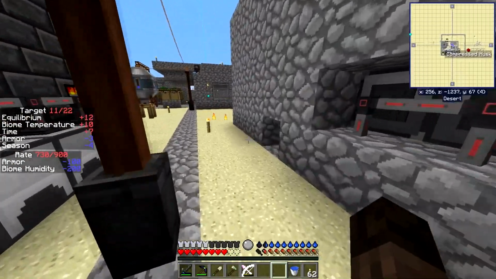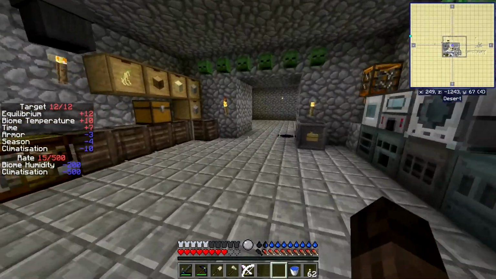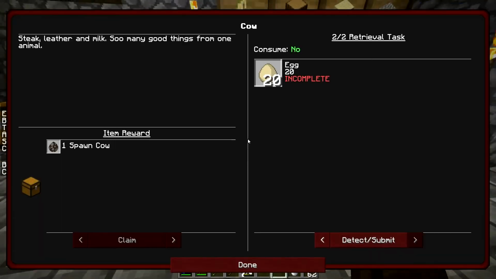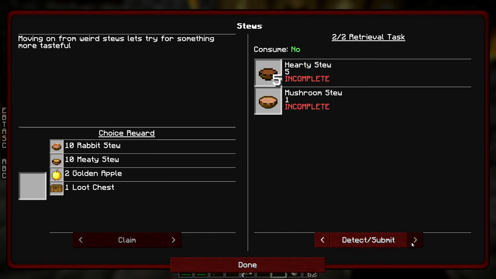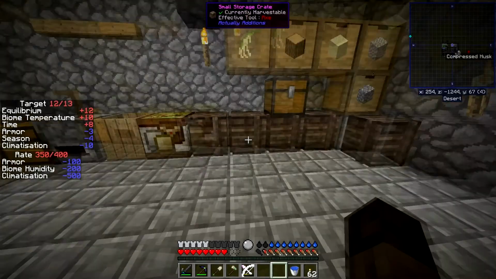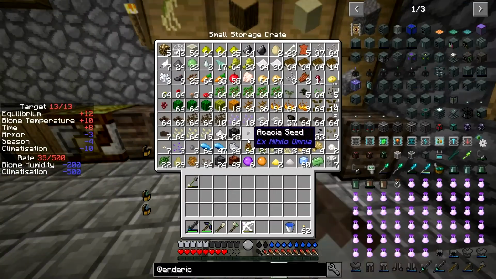That means we should be able to start getting some mutton, some pork, some rabbit meat as well, I think, because we need that for one of the quests up here, don't we? We need to make a rabbit stew and a meaty stew, and then 5 hearty stew and a mushroom stew. But first things first, let's just figure out what we need to